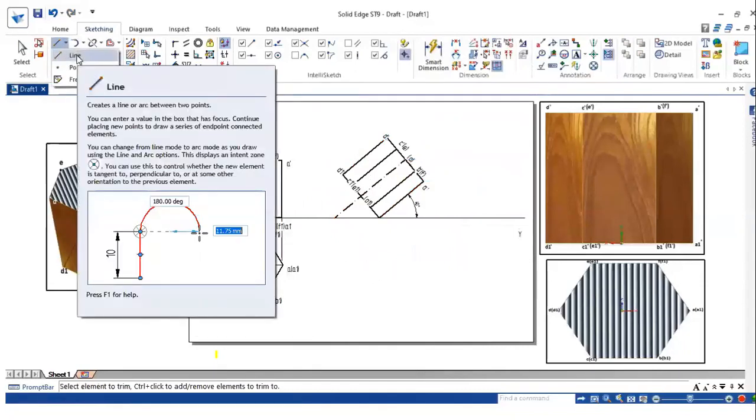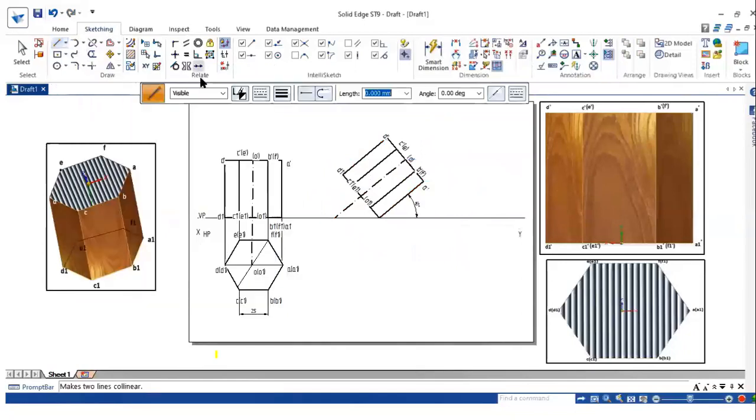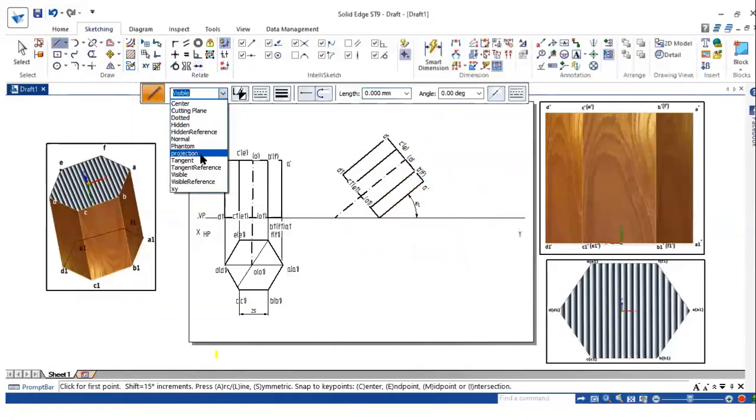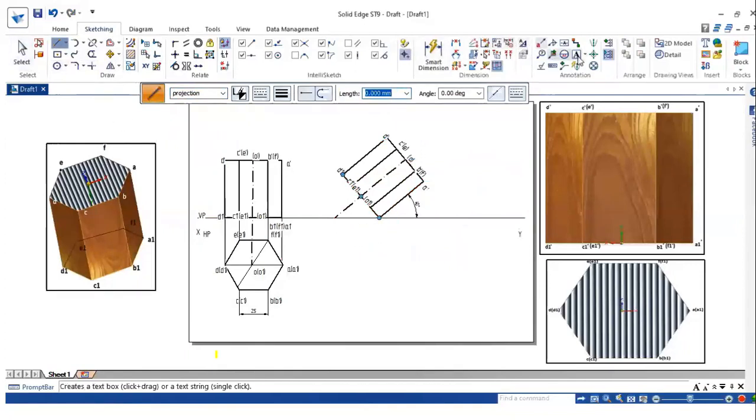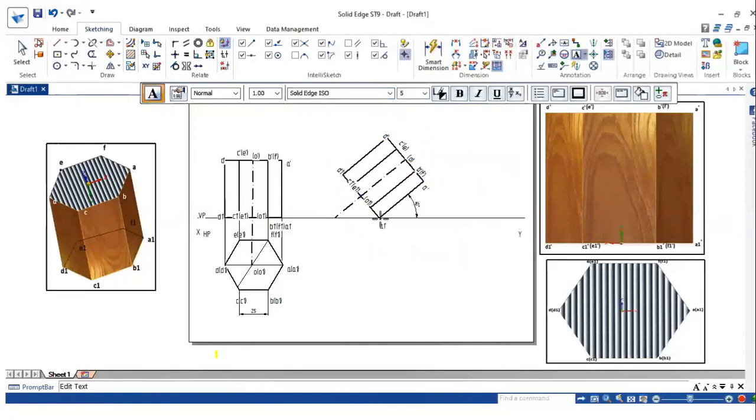Now go for line option again, projection line. Now project. This is A1 dash. So this will be A1 dash. This is B1 dash in bracket F1 dash. Okay. So all other things are represented.